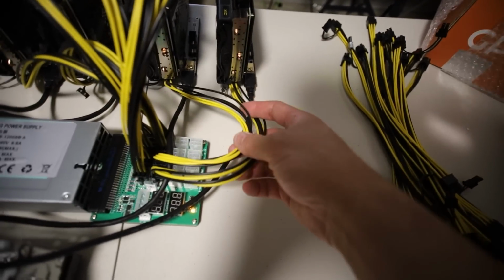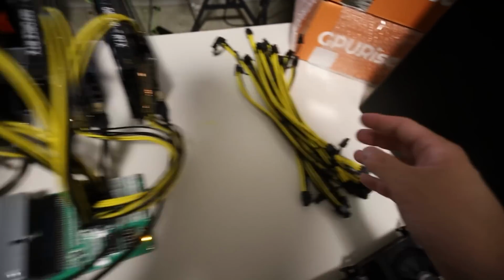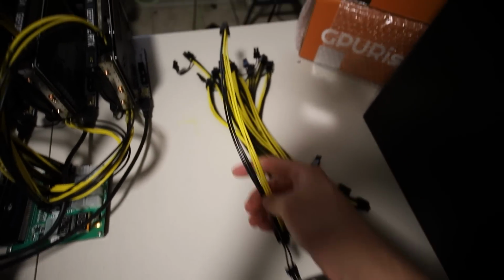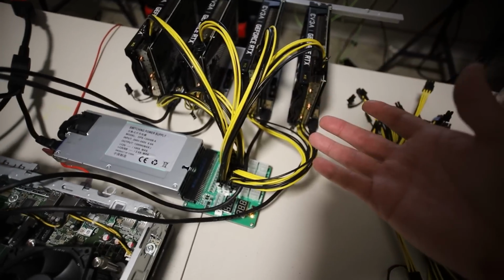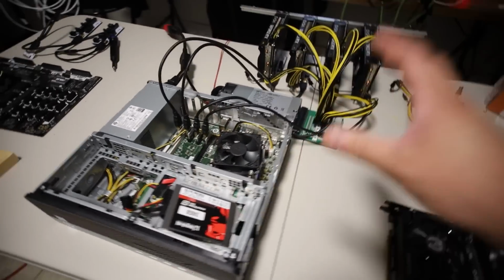Each riser has a 6 pin, and each GPU has an 8 pin. And for those wondering, these are from Parallel Miner. These are the 12-inch long PCIe cables. They're very short, and so depending on if you're gonna do this type of thing, which I'll explain later, some